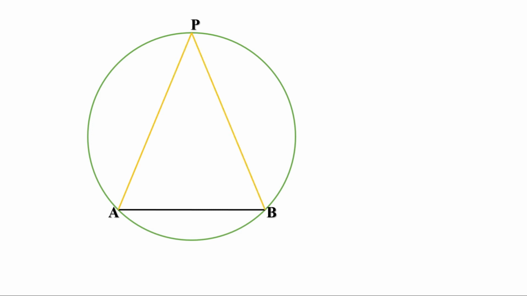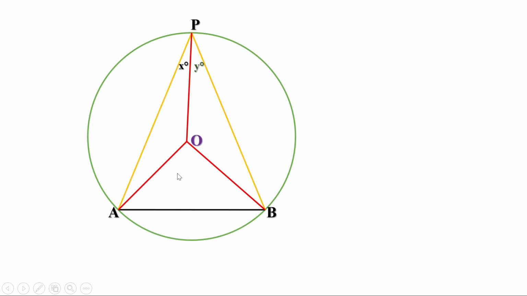Let us first look at an angle at the top. Draw a circle and draw a chord. Let it be AB. Now let me take a point P on the top arc. Join A to P and B to P. Now let O be the center of the circle. Join O to P. Now angle P is divided into two angles. Let this angle be x degrees and let this be y degrees. Now what is the measurement of angle P? x plus y. Now let us join O to A and O to B like this.